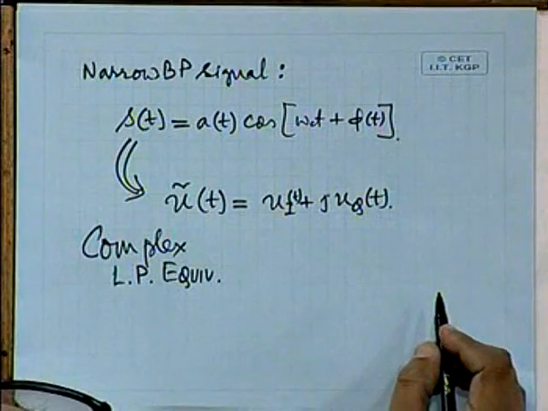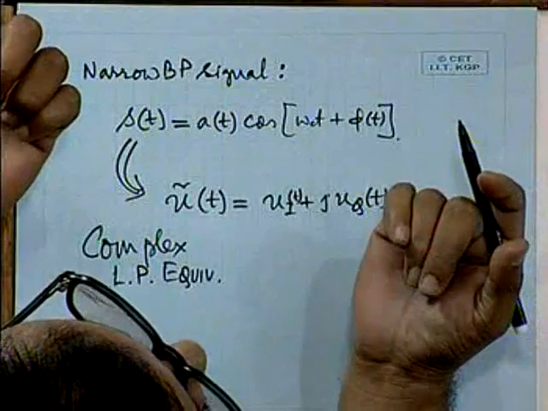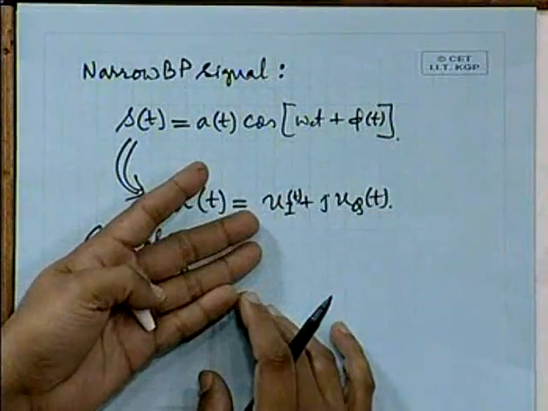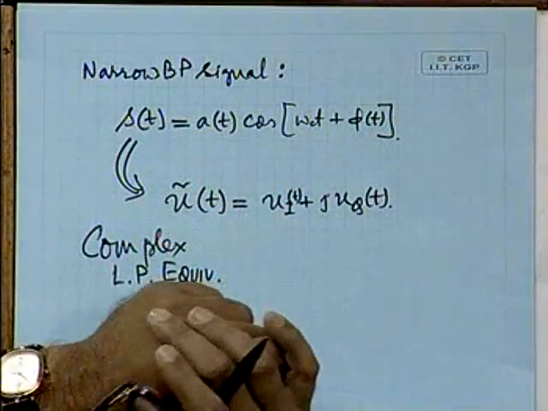We didn't have any problem in understanding why j was there, because we had two carrier components, cos omega ct and sin omega ct, is it not? And we know that they are in quadrature, they are the same frequency, they are in quadrature, isn't it? I think this is a good example to understand that in this case we were talking about a two-dimensional